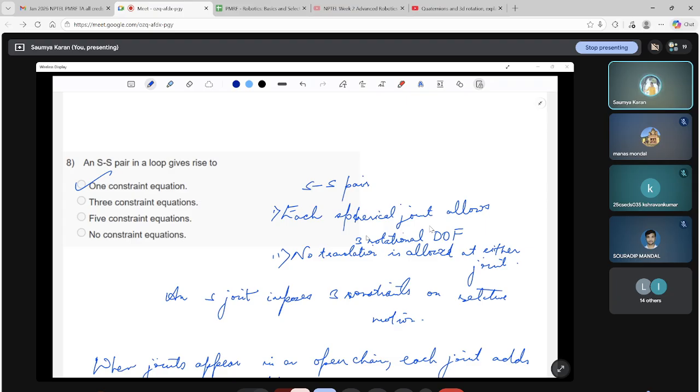But if it is a revolute joint, what would happen? It constrains 3 translations and 2 rotations, right? We already saw that we have just 1 degree of freedom, and we have 3 translation and 2 rotational constraints. So if it is in a loop, it would lead to fixed distance and fixed axis alignment, and from there we get 3 independent scalar equations, but I won't go into that. But this is how you look at it.